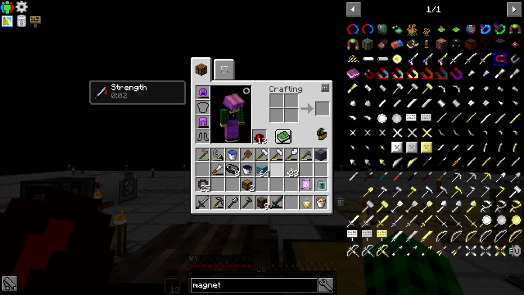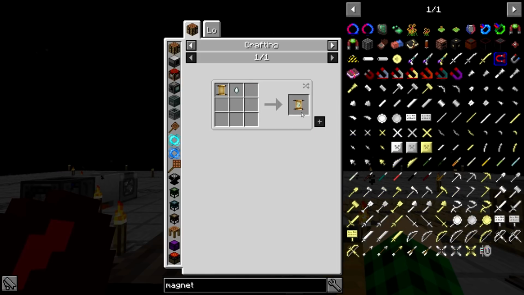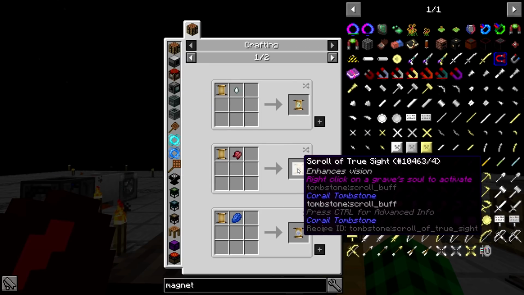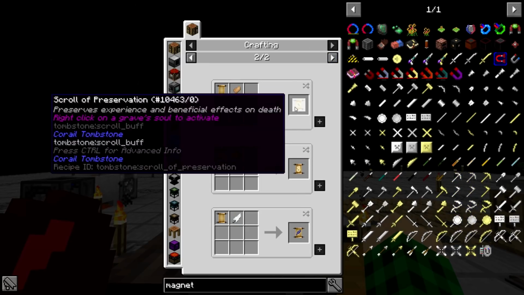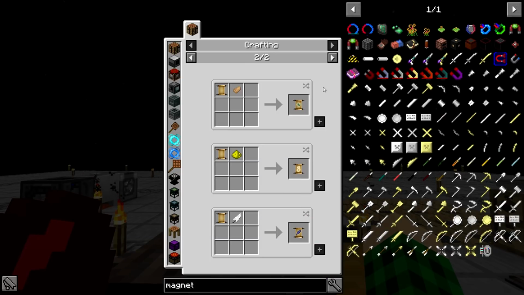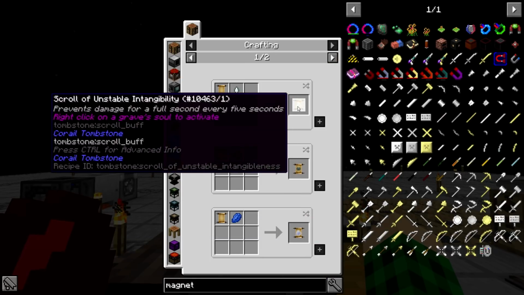So these are like spells that I don't know if you can craft this. You can make a scroll of unstable intangibility. Okay, so all of these are craftable. What does it give you? Preserves experience and beneficial effects on death. Allows you to store XP. Allows you to fall slowly. And then you get...